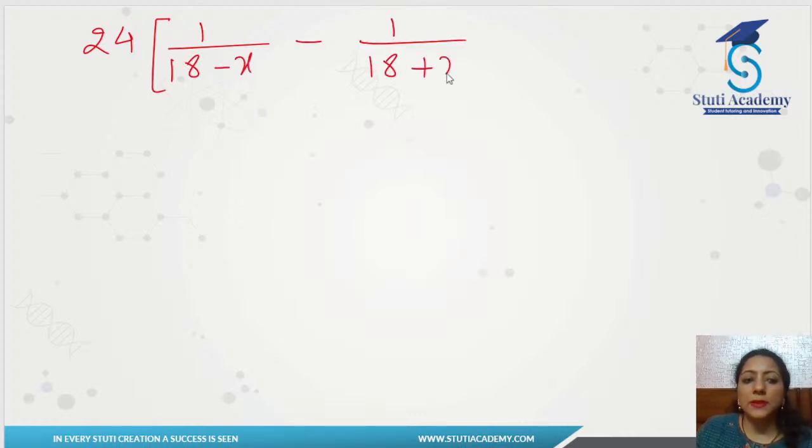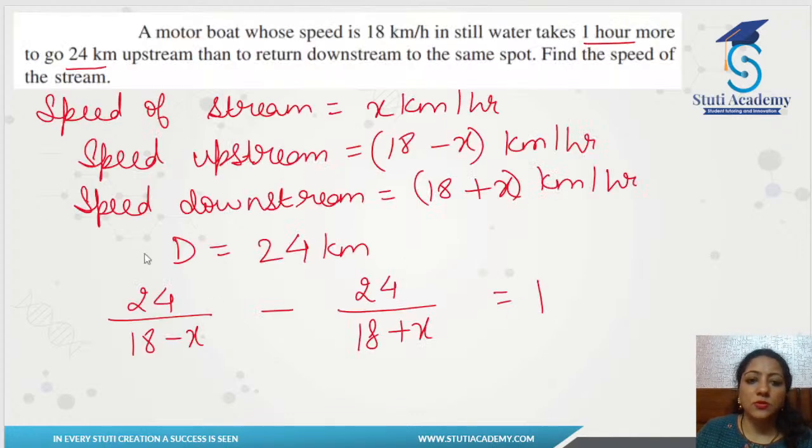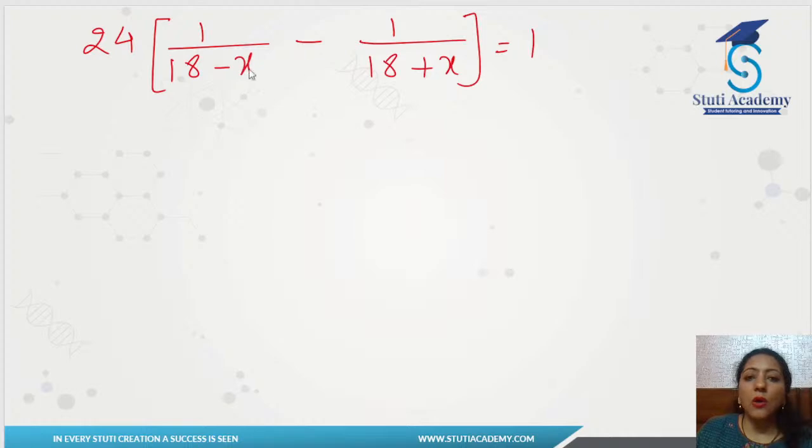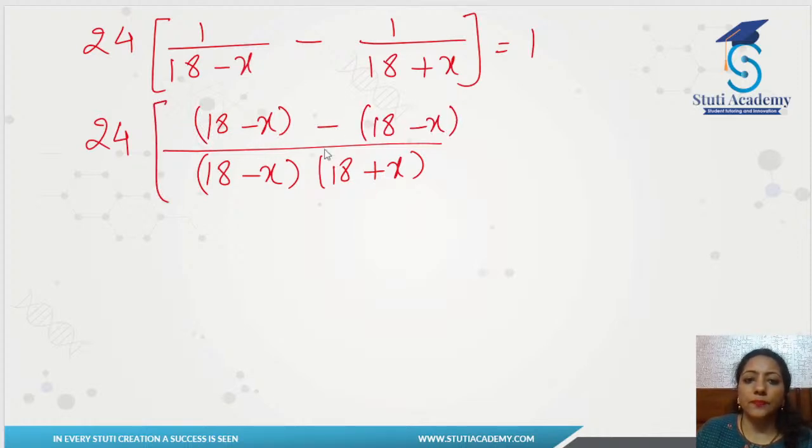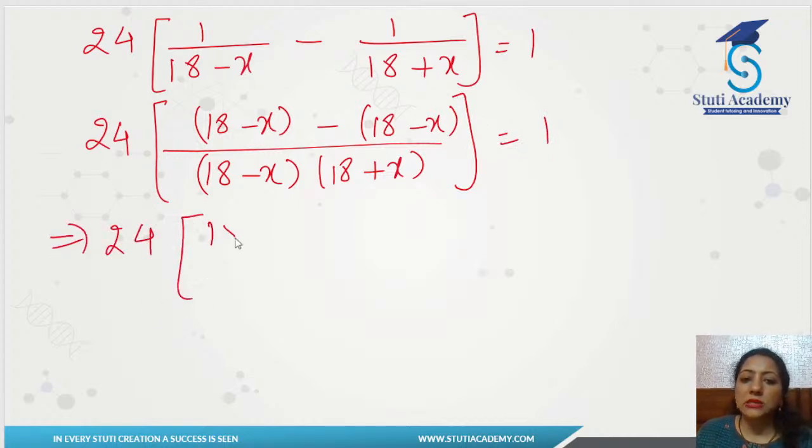So in the next step, we are going to take this 24 common. So we'll get 1 upon 18 minus x minus 1 upon 18 plus x equal to 1. So we'll take 24 here common. Now we'll take the LCM. So we'll get here 18 minus x times 18 plus x, and here we will get 18 plus x minus 18 minus x, and this is equal to 1. Now we have 18 minus x, and this minus we are going to take inside the bracket. We will get minus 18 plus x,